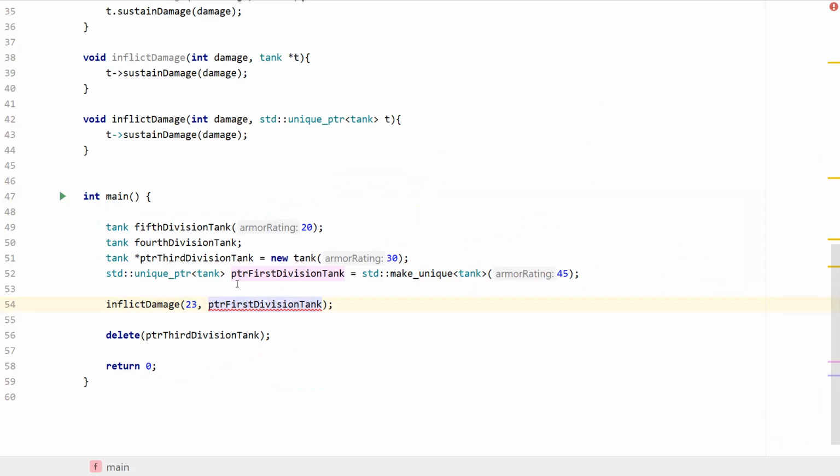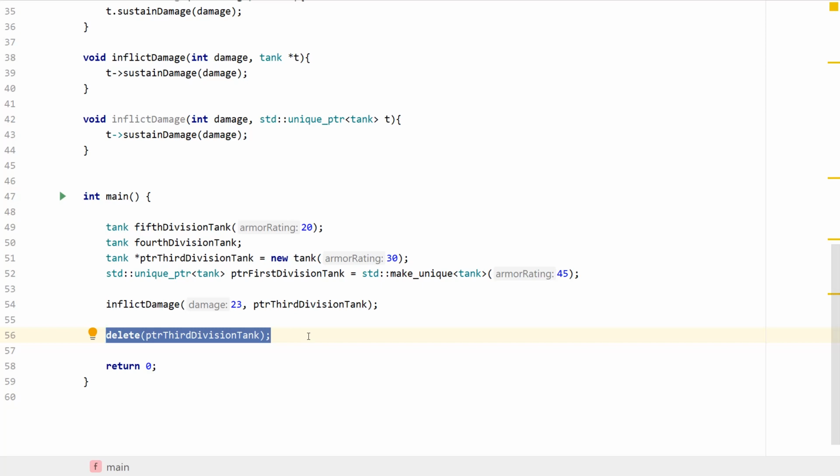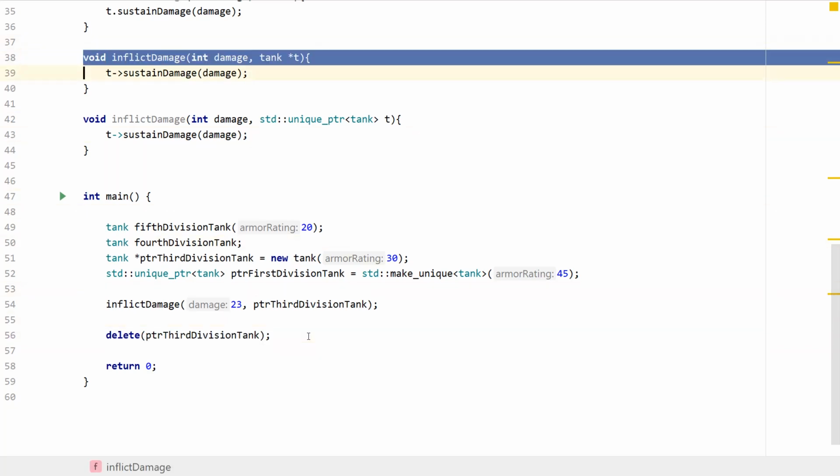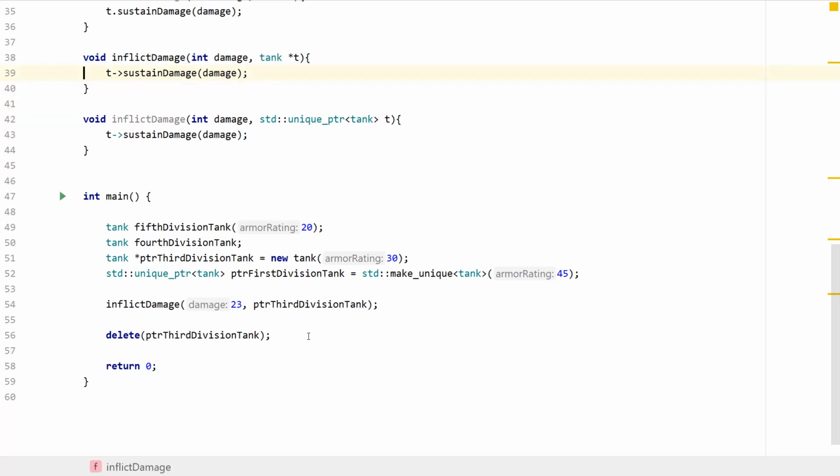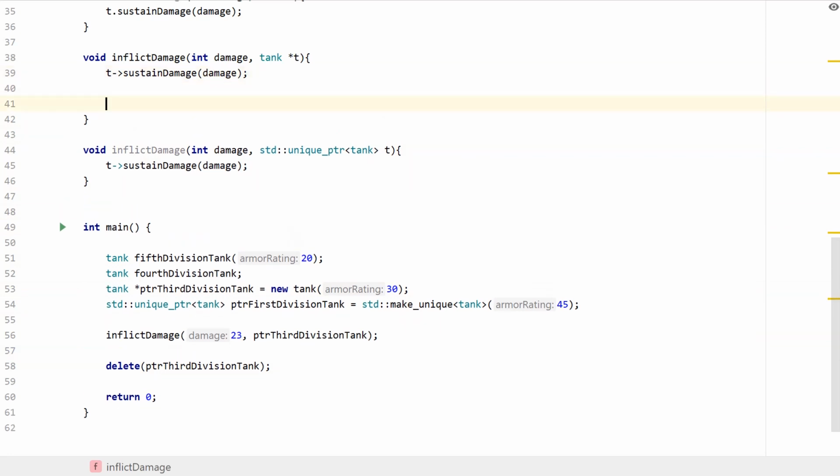Well, let me go to this code and again call this ptr3, which is fine and dandy. As I mentioned, this is very good. And I am a very careful, very good programmer, and I am not forgetting to delete this ptr3. But let's assume that I have given the responsibility of writing the inflictDamage function to a friend of mine, to another coworker, whoever, and then he or she is unaware of whether I write this delete or not. So he or she is a little bit hesitant, and in the end decided to write something like this,